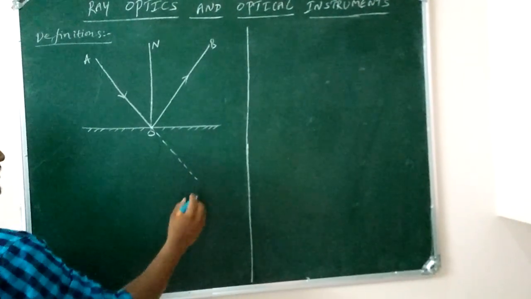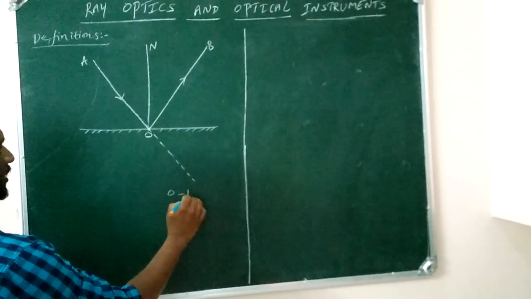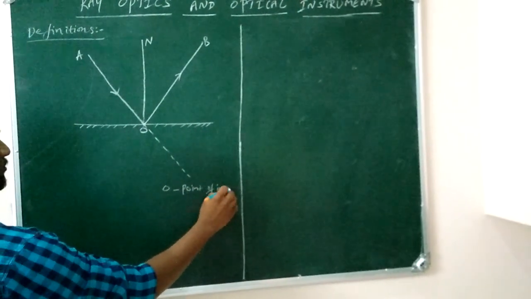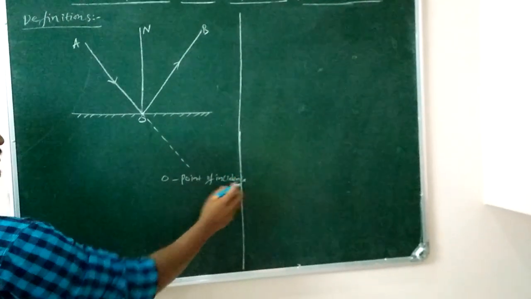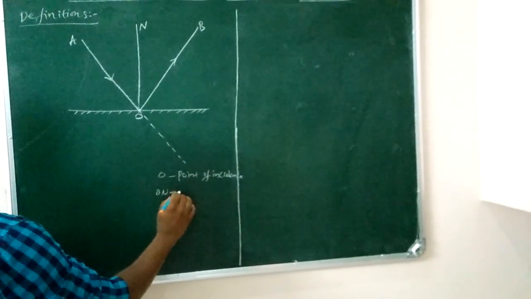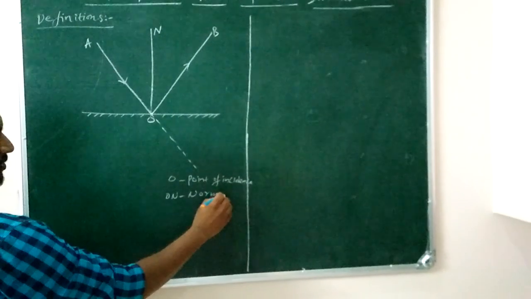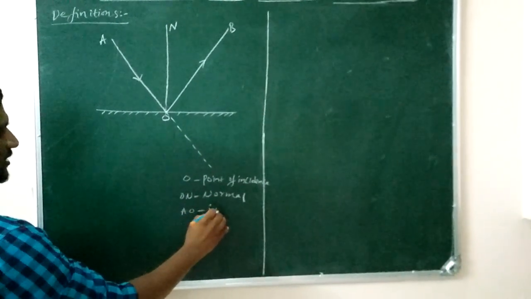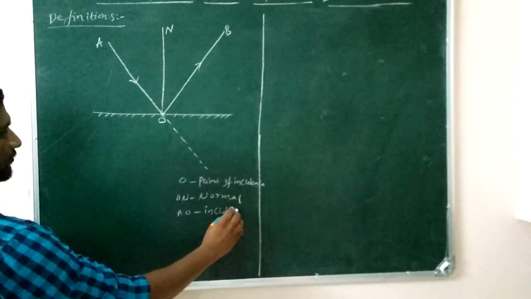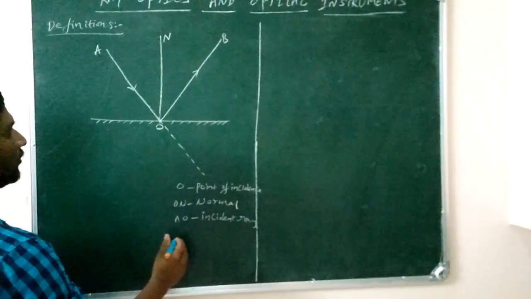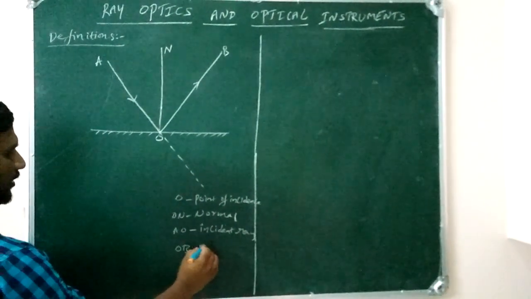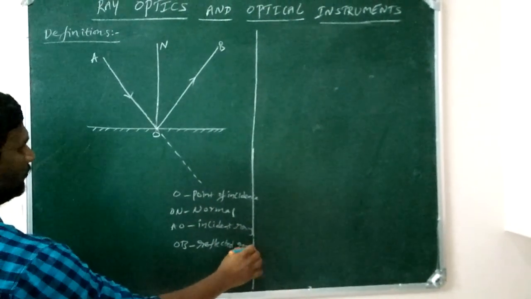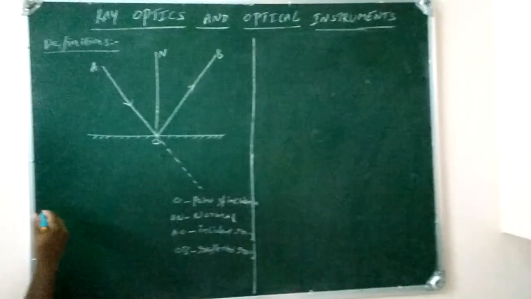This is the extended incident ray. Here O is the point of incidence. ON is the normal drawn to the surface. AO is called the incident ray. OB is called the reflected ray. Okay, the first definition is here,